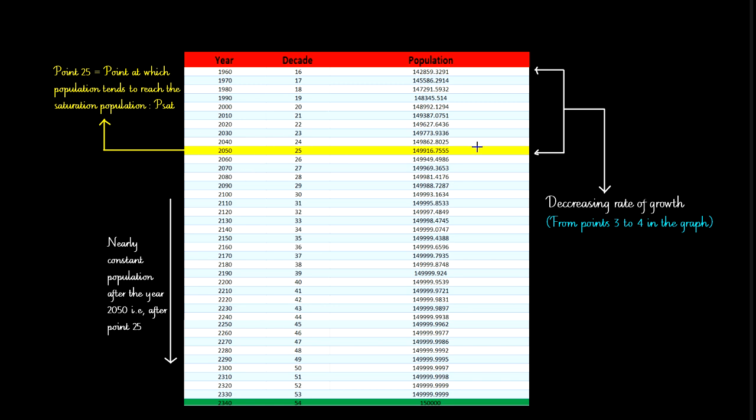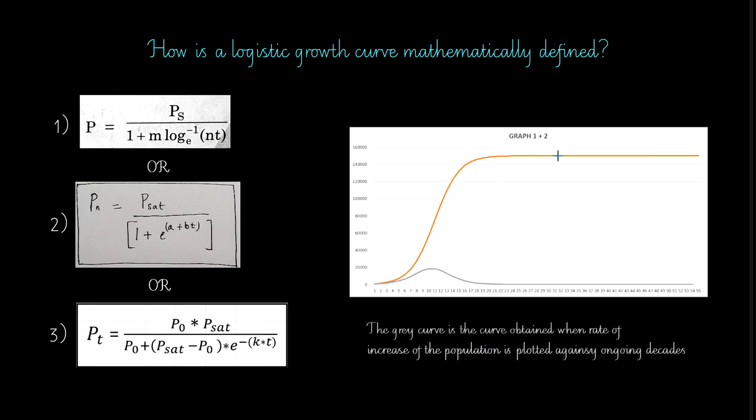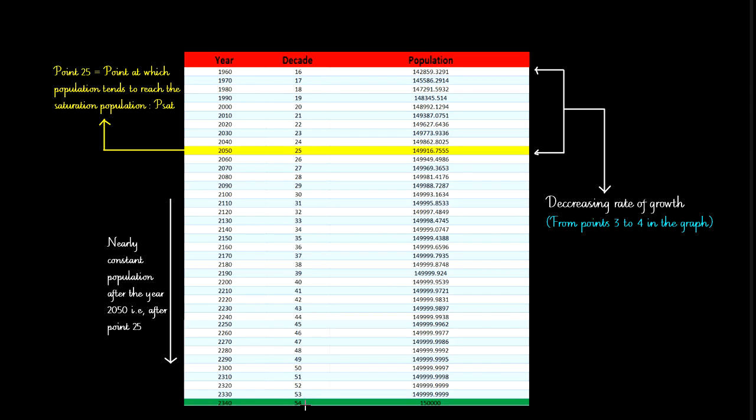So this highlighted row represents that situation beyond which the rate of growth of population is not so high. See over here, in decade 25 and decade 26, the increase in population is not so high. It is around say 33 or 34 people that have increased in population. So it's not so high for a decade. So as you go down the table, the increase is not so high. So that is what is represented in this graph. After point 25 it is stable, that is, population is not increasing. That is why at point 54, you can see that the 1,50,000 saturation population is reached.